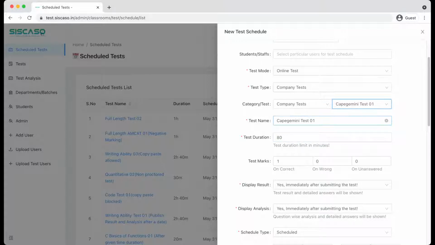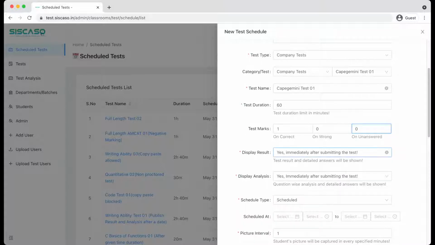The time durations. Maybe I would like to keep this as such because the students are well versed in this topic, or they have already practiced so many tests. So I would like to keep it at only 60 minutes so that we can test how good they are, or how they work under time constraints. For correct answers, I'll keep it as 1. For a wrong answer, I'll keep it as no negative mark. For an answer, there are no negative marks.